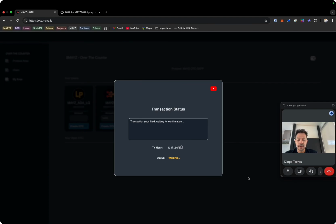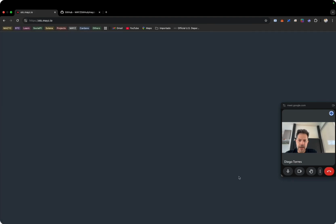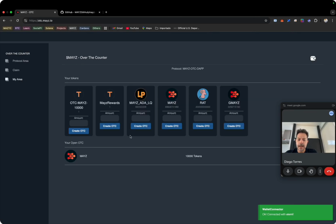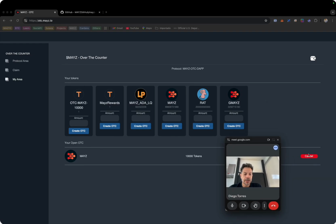feedback about this tool. As you can see right now, the transaction has been approved. And if I go to My Area, I can see here that I have one OTC created, which of course I can cancel whenever I want. I can come here and cancel if I wanted to take this back. Let's do it. If I go to cancel,